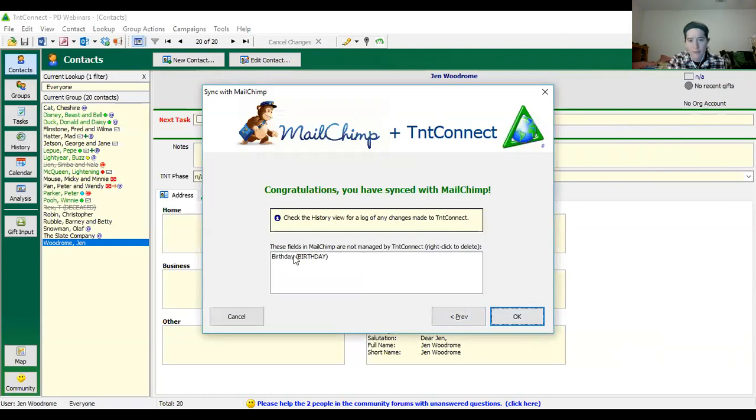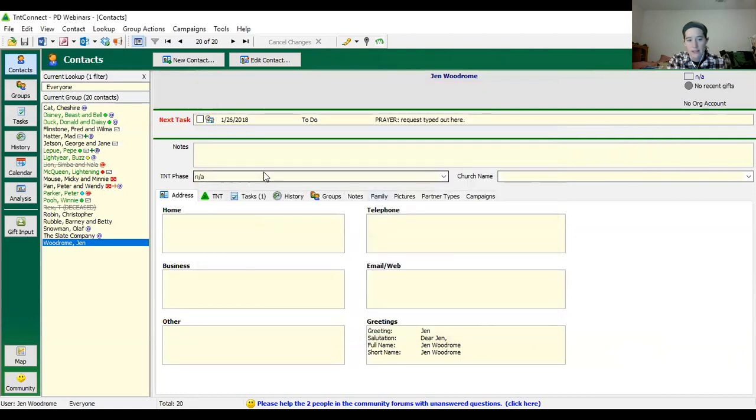Okay, so these fields in Mailchimp are not managed by TNT Connect. Right click to delete. Okay, so if I right click that and click delete field from Mailchimp list, and then say OK. All right, and that's it. So once I go back over to Mailchimp,